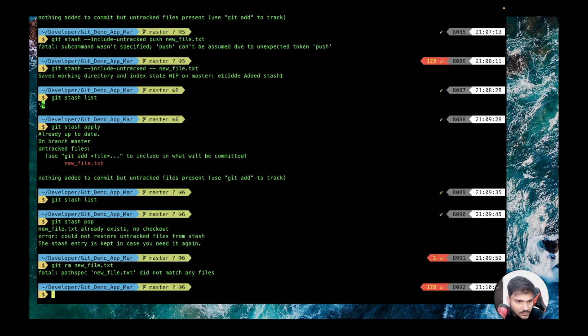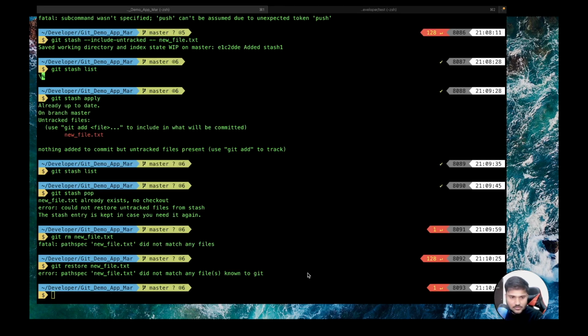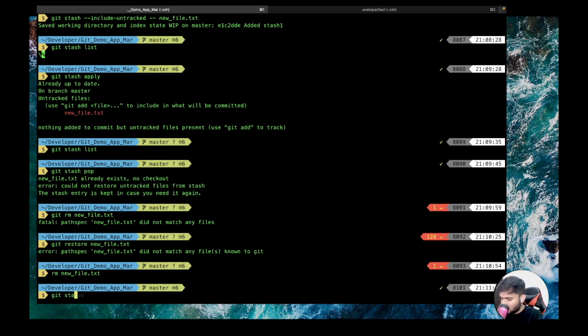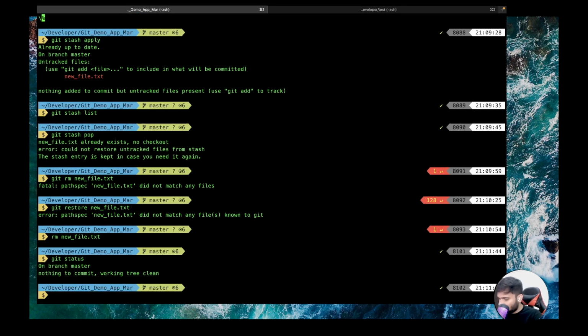Okay, once again, what's the name? I believe we have to do, so instead of doing git rm, let's do rm new file.txt. Let's remove that file altogether. Okay, if you do git status now, everything is clean. Now let's try to do again